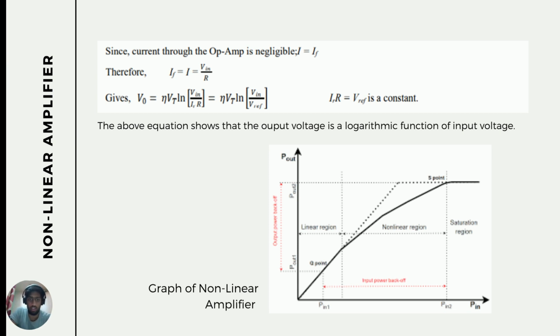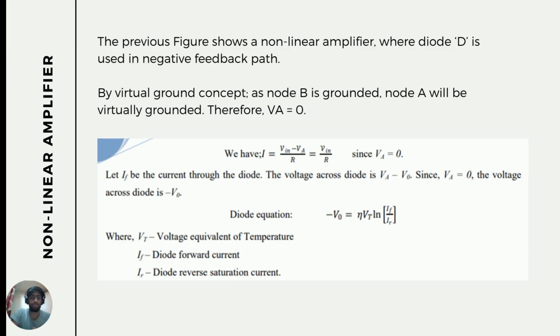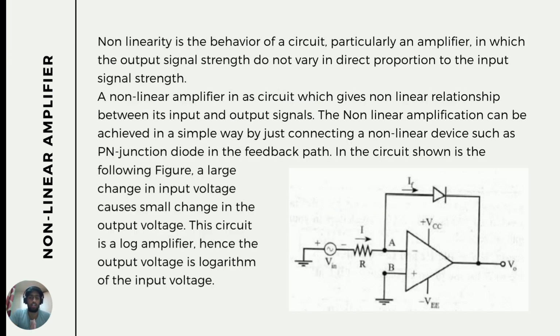So you can see that the linear region is a straight line, and the non-linear region bends away from the output. It's not a straight line, it always bends. So this is the non-linearity. A non-linear amplifier is an amplifier in which the output is not proportional to the input. In it, the nonlinear relationship between input and output signal, the nonlinear amplification, can be achieved in a simple way